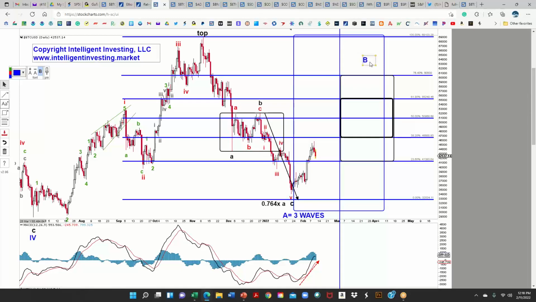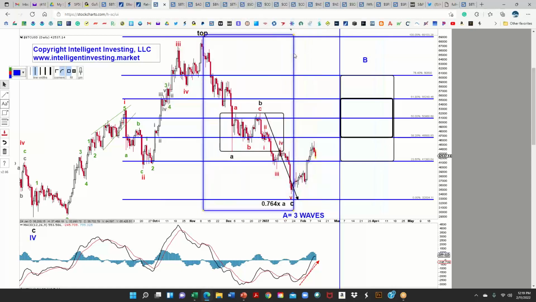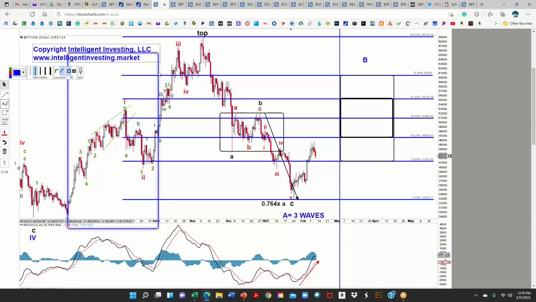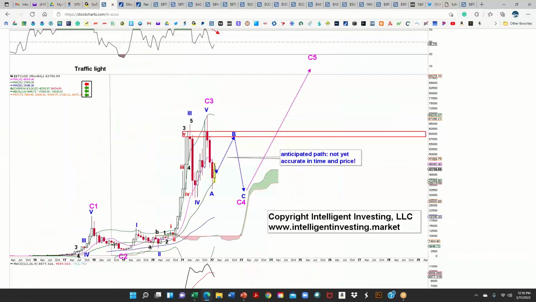So how is this wave B then going to develop? We've just determined wave A is 3 waves lower. Excellent. That means we get at the minimum 3 waves back up, right? Because this could, of course, also all be of cycle 4. Now, why is this then not all of cycle 4? Because similarly to the length of the current drop being a few months, similarly as the rally from the summer into the fall was several months, we also know that cycle waves last about a year,